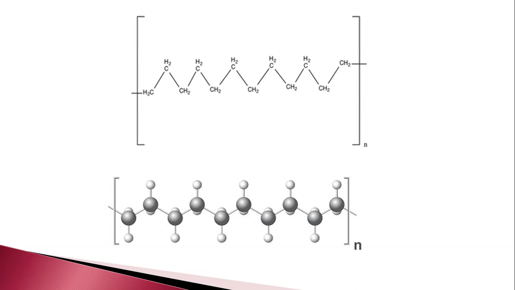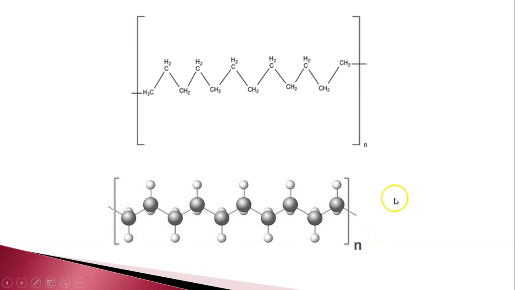Now let us imagine the three-dimensional structure. This is only the formula, right? Now imagine how the atoms will be in the polythene. CH2. So think this is C and this is H. So CH2. Again it is combined to CH2. So this will be the three-dimensional structure. Hope you are able to imagine this one.